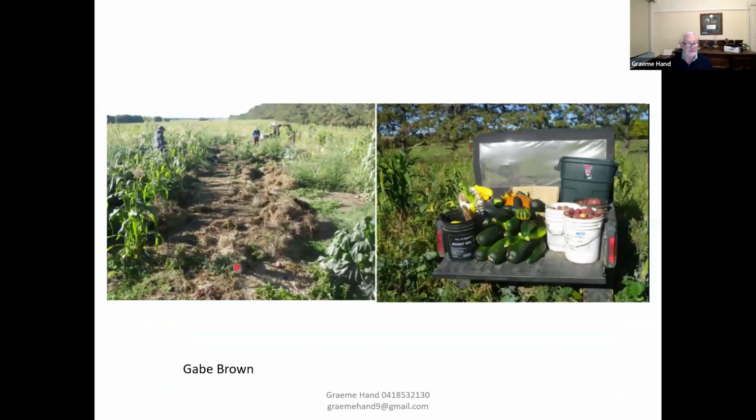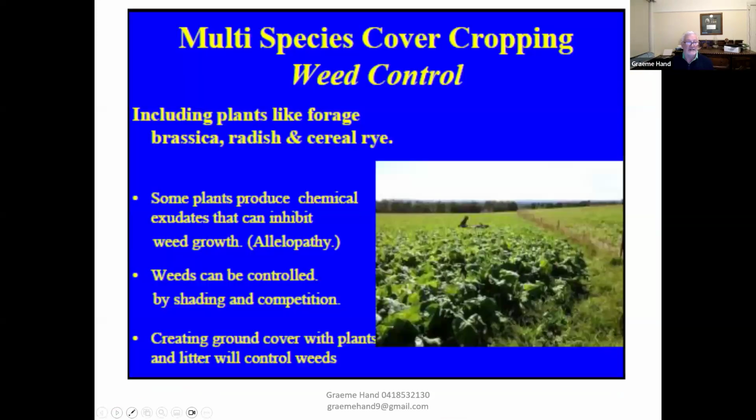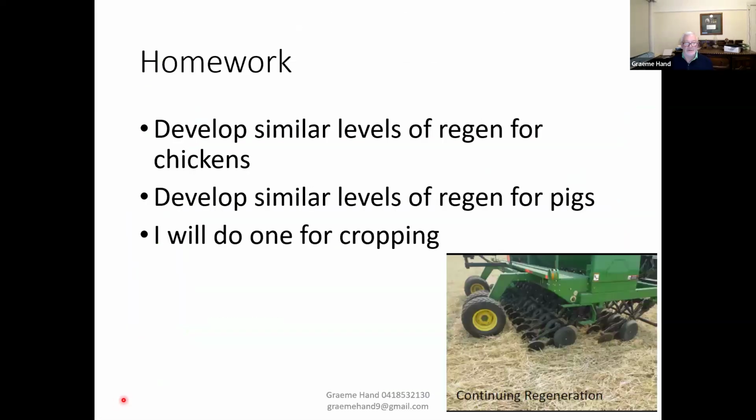And they also do this real mixture of vegetables and hand harvest, all this, and his wife works very hard. But I'll leave you to have a look at this, but they make a lot of money out of it as well. So that was out of a presentation by Paul Brown. Yeah, and this is Colin with his species. So your homework, should you choose to accept it,